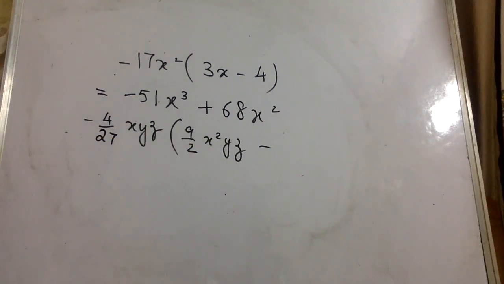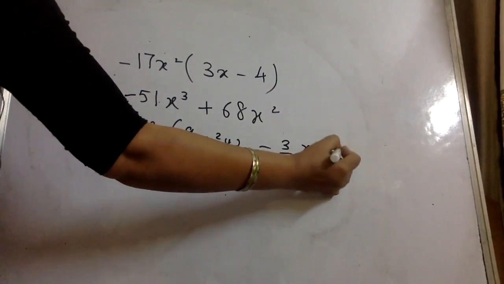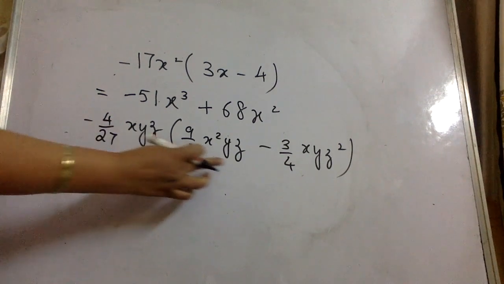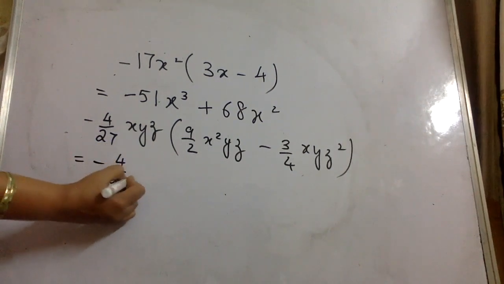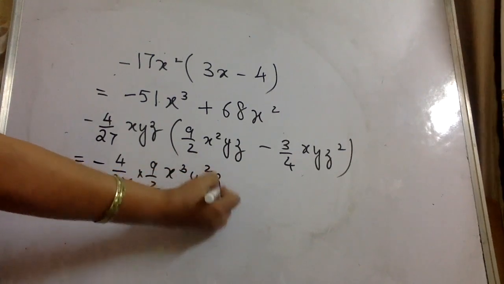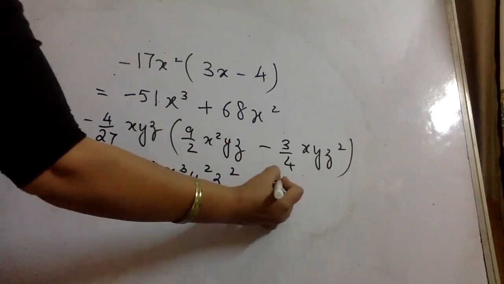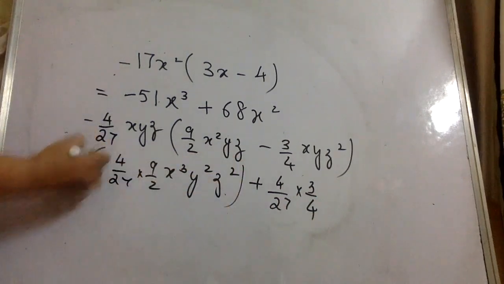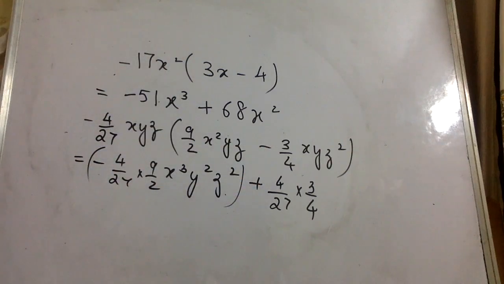Okay. Minus 3 by 4 xyz square. Now what to do? This is one term, here there are two terms. Sign here is minus. First, the fraction with the fraction, then x cube y square z square, minus with the minus plus, 4 fraction with the fraction, and then you can put a bracket here so that you understand better. 4 by 27 into 3 by